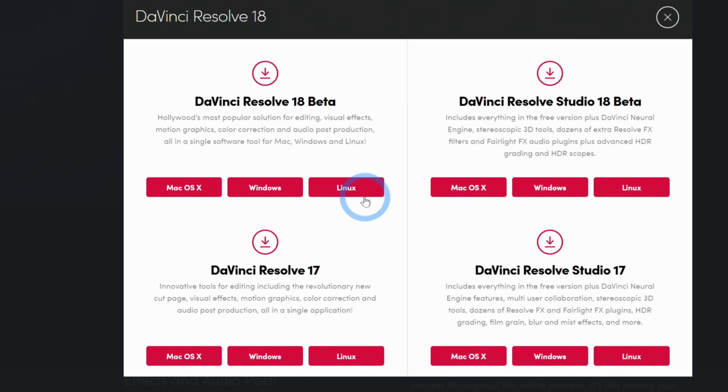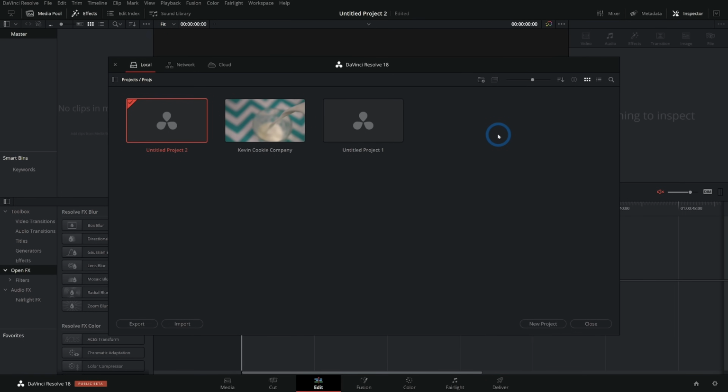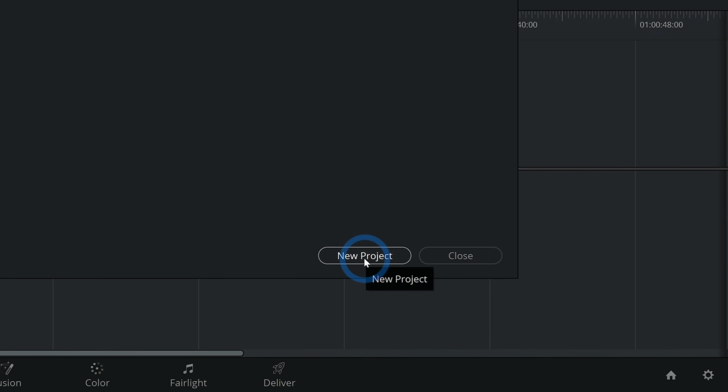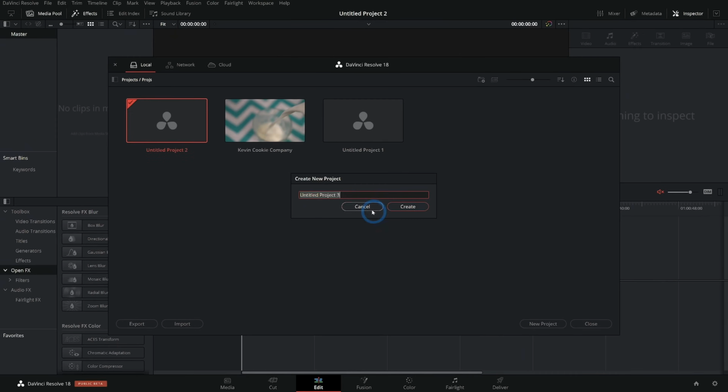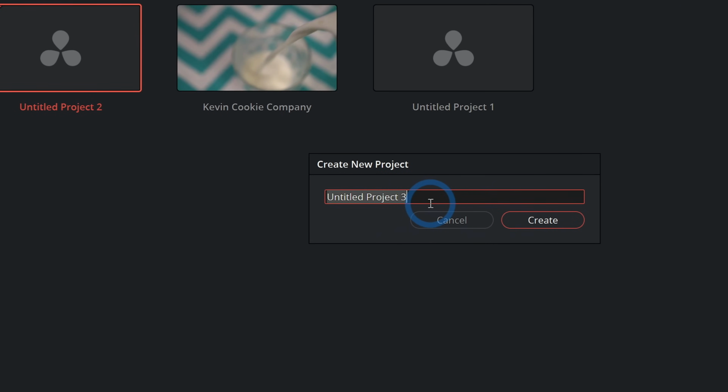So we click this, download it, and install it. And then when you open Resolve for the first time, it should look something like this. Now this window here is called your project manager. This is where you open and save new projects, where you can import and export things. All of your projects are in this window. So what I like to do is just go down and click on New Project, and it'll ask for a name. We'll say Kevin